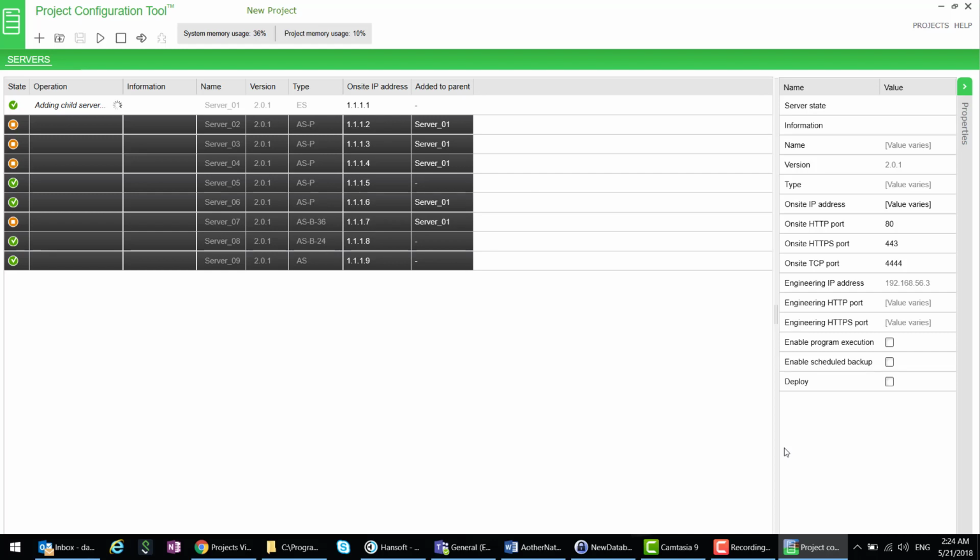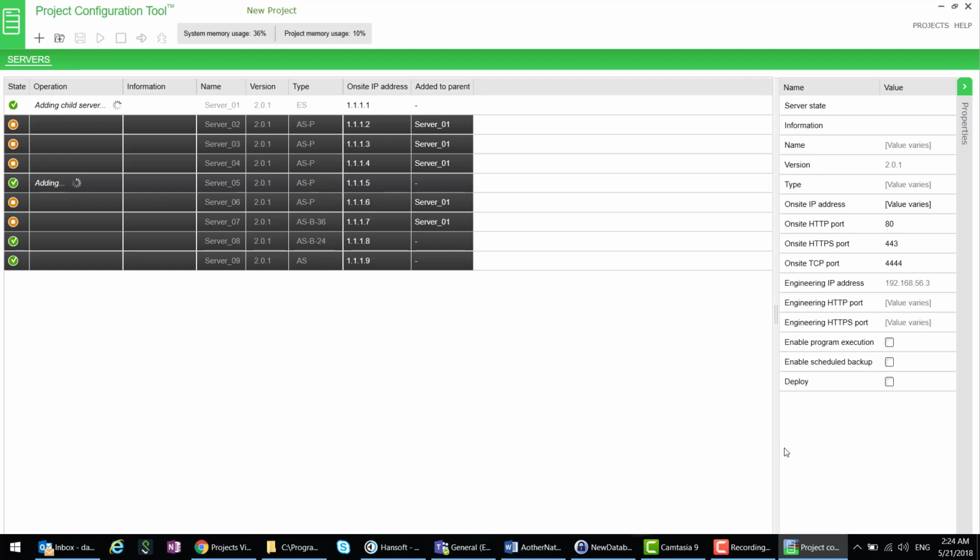Again, just for curiosity, you can also see how the project memory usage changes. You'll notice from the operational information display, there doesn't always seem to be any consistent order in terms of how they're added or specifically how long it takes to do it. I really don't think there's any consistent amount of time that it takes per server. It's a big operation. For example, it seems to be taking quite a while to add server 05 to the parent, but we'll wait